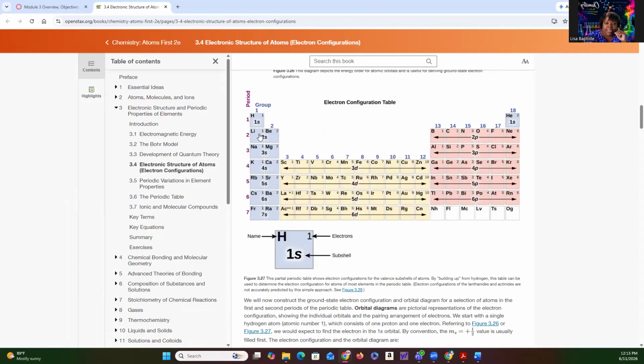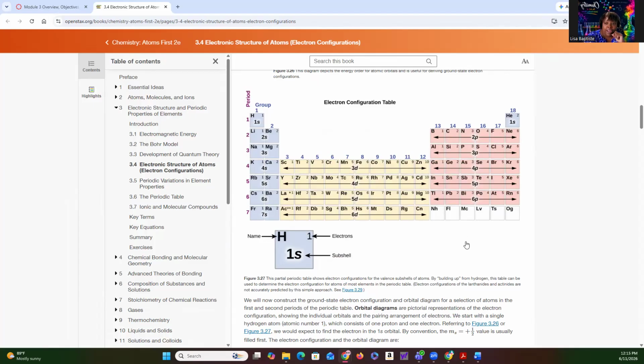2 is the maximum that can go in S. And if we look at D, it's 1, 2, 3, 4, 5, 6, 7, 8, 9, 10. So 10 is the maximum for D. If we saw the bottom two rows of the periodic table in this particular chart, you would see that the